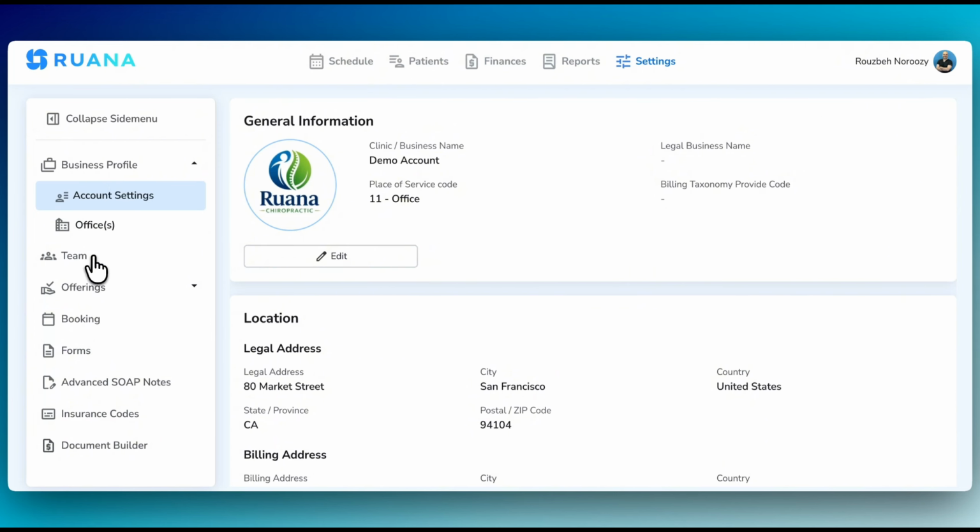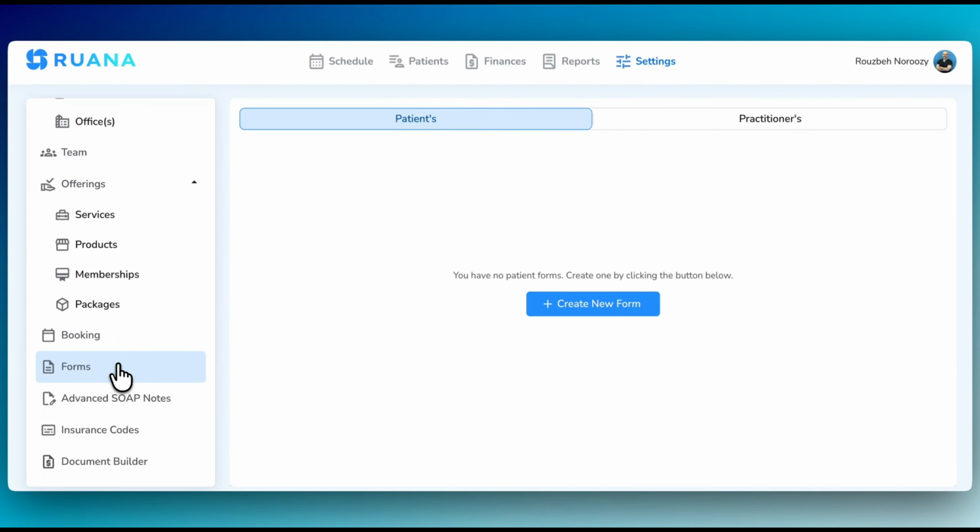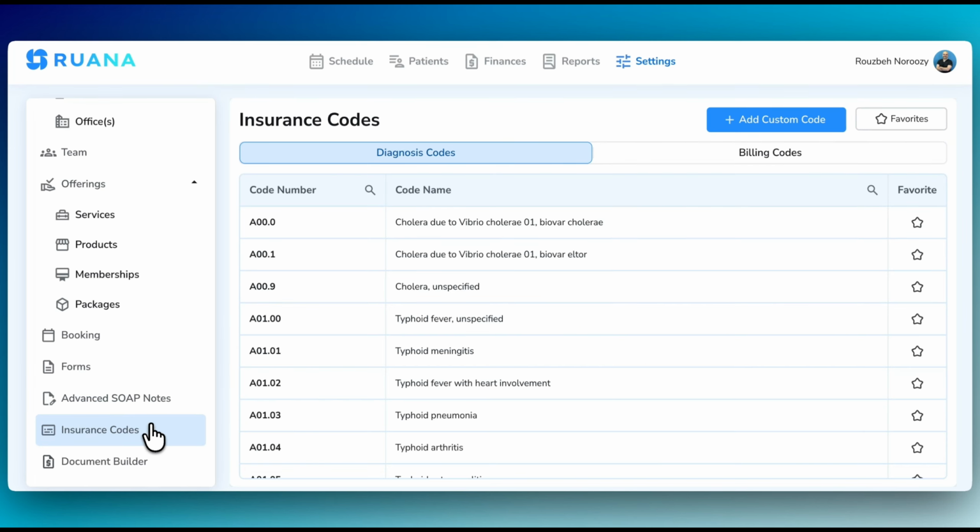Next, we're going to set up the services, products, memberships, packages. We're going to set up the booking page. We're going to set up the intake forms, digital intake forms, as well as practitioners forms, SOAP notes, and so forth, progress notes. If you have advanced SOAP notes in your plan, then I'm also going to show you how to set up that. I'm also going to show you how to either add your own custom diagnostic codes or